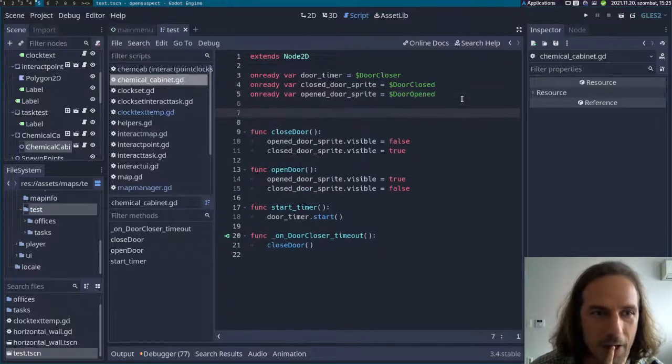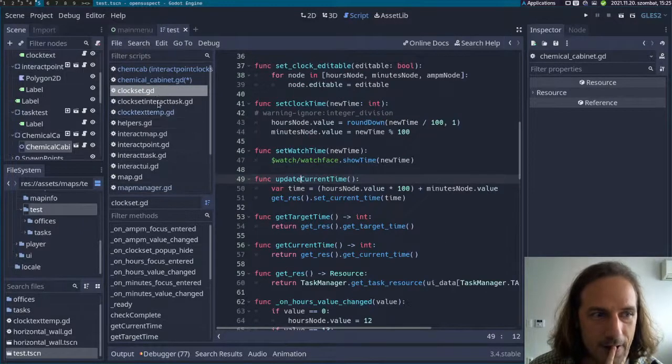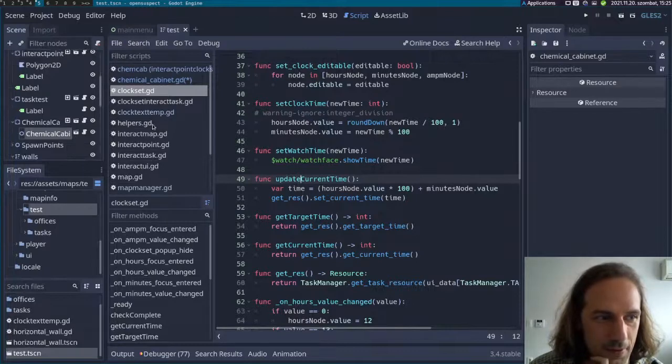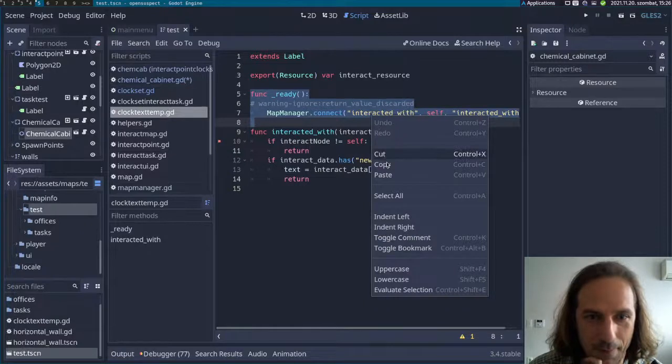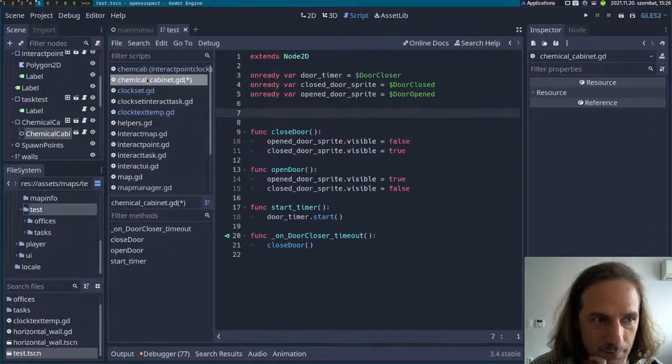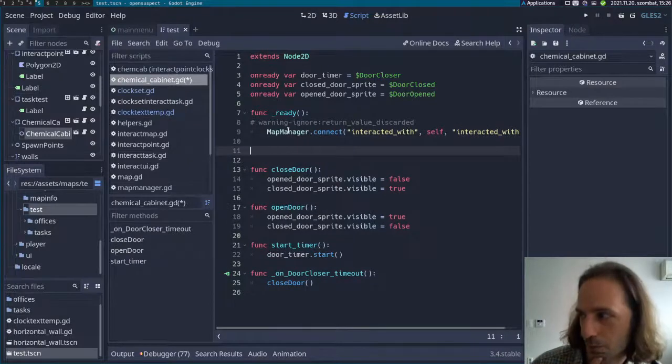Okay, so what I need to do here is just the same thing as it's done with this clock something, just connect with the map manager, and then also